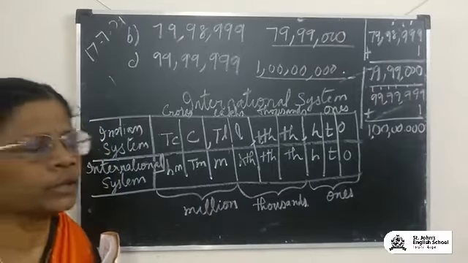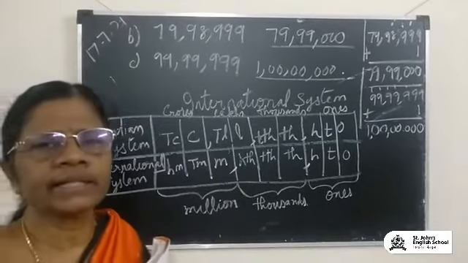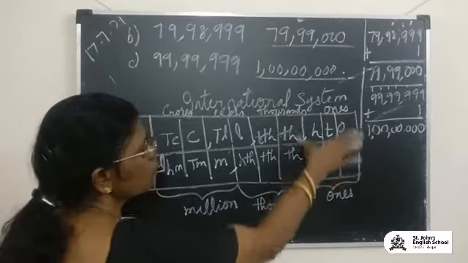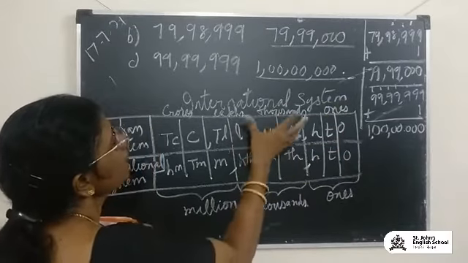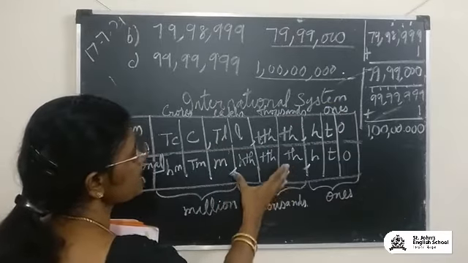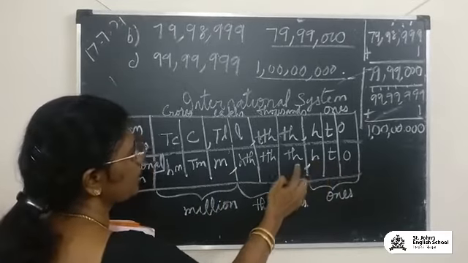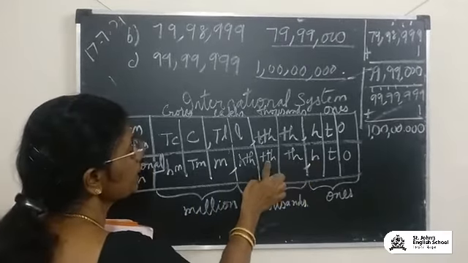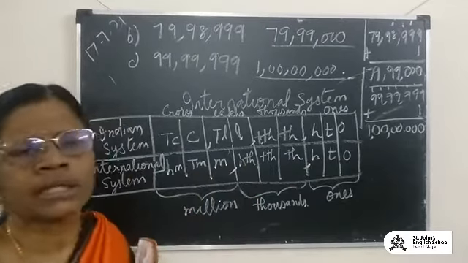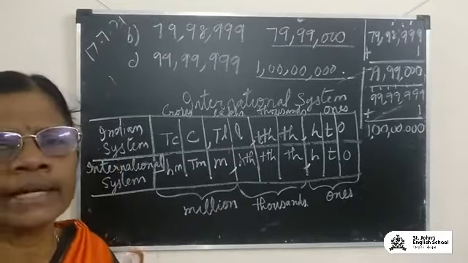Okay, so what you will do in the international system, you will put the comma after 3 numbers. Okay, so the ones place will not change, for both it will be the same. But in the Indian system, you will have 2 places for each group. But in the international system, you will have 3 places. Okay, these 3 already you know, ones, tens, 100. Then it will be 1,000, 10,000, 100,000, 3 places together. Million, 10 million, 100 million together. But we will not be learning all this. We will be learning only up to millions place.